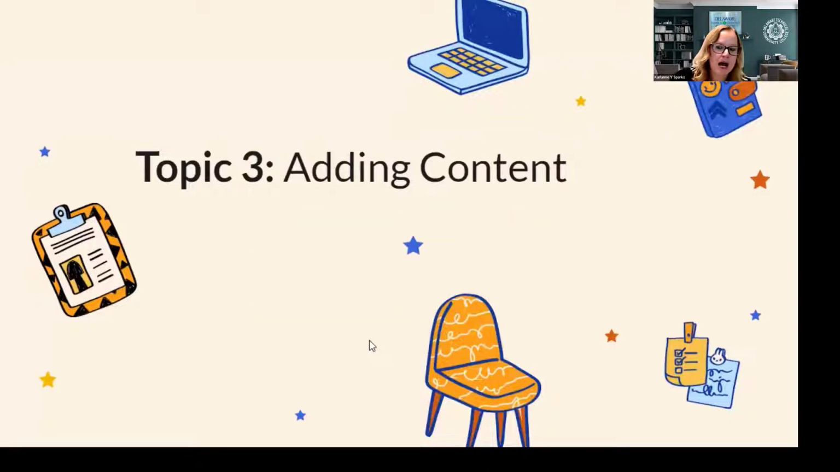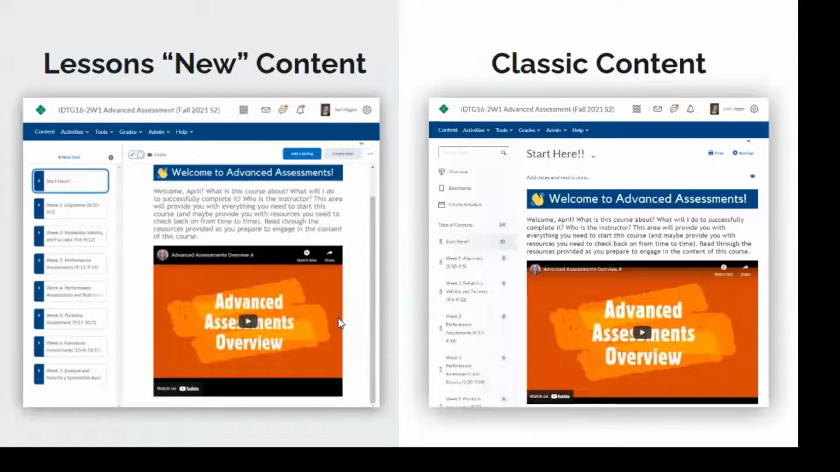Okay, so topic 3 is where we get to, how can we as instructors do stuff in D2L? How can we add things? How can we change things? There are 2 versions or options in D2L. There's the new content and the classic content. New content looks a little different. It has rectangles and little tabs, and the old content, or classic content, just has the list. You can choose either one, but when you're adding information, we recommend that you use classic content,